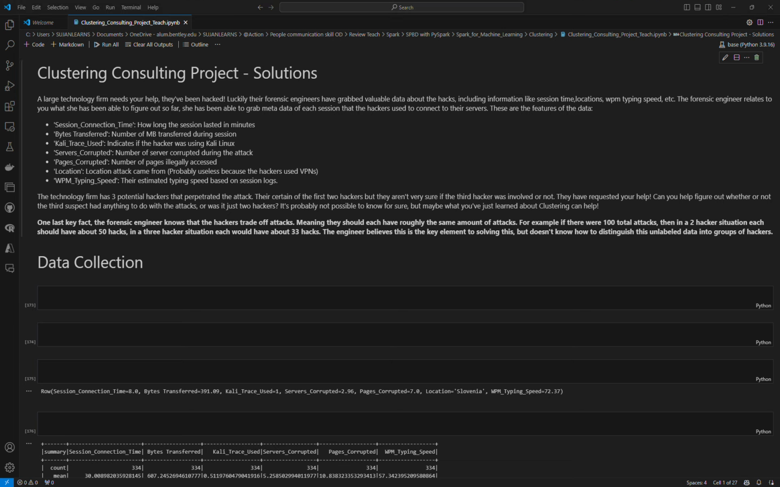Today, we're learning about a consulting project. This is regarding a clustering data science method or machine learning method. And the project in case here is about a large technology firm that has been hacked by a group of hackers. And the technology company has called upon us to understand